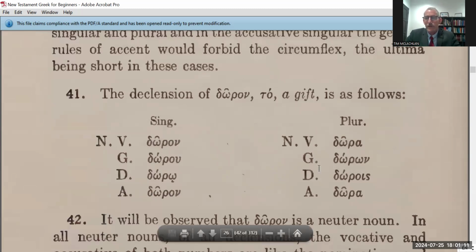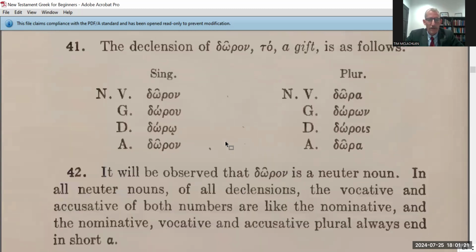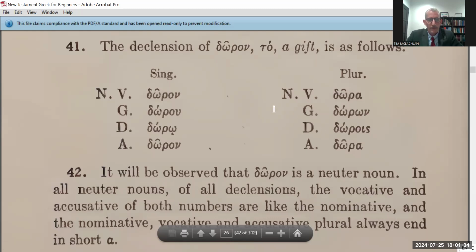Okay, so you'd have to look at the context to tell you, is it the accusative or is it the nominative there? Okay, all right, and here it says, it will be observed that doron is a neuter noun. In all neuter nouns of all declensions, the vocative and accusative of both numbers are like the nominative. So whether it's singular or plural,